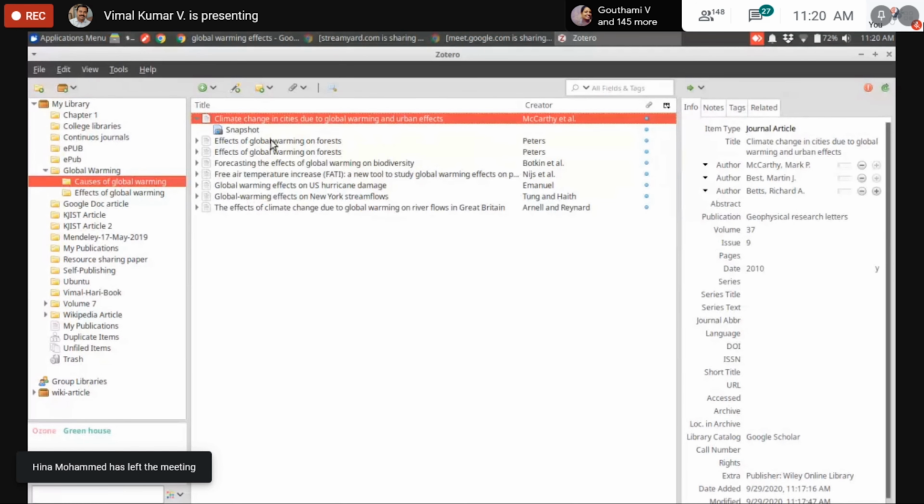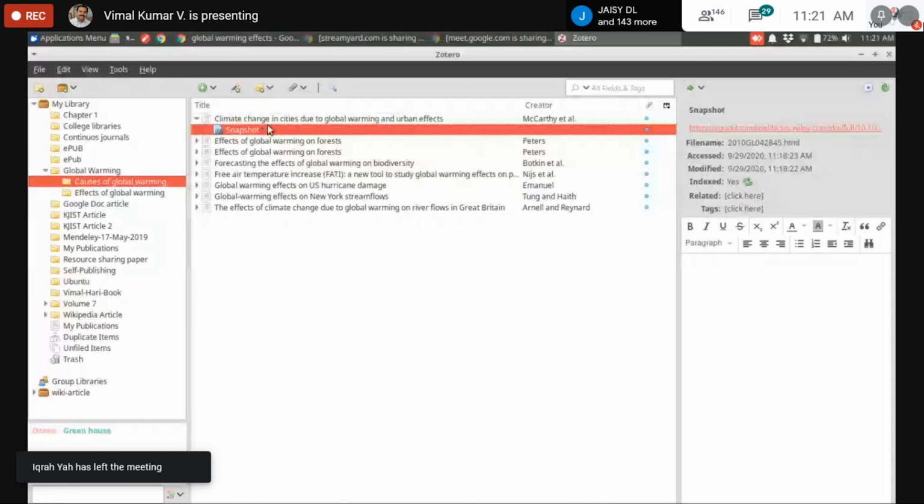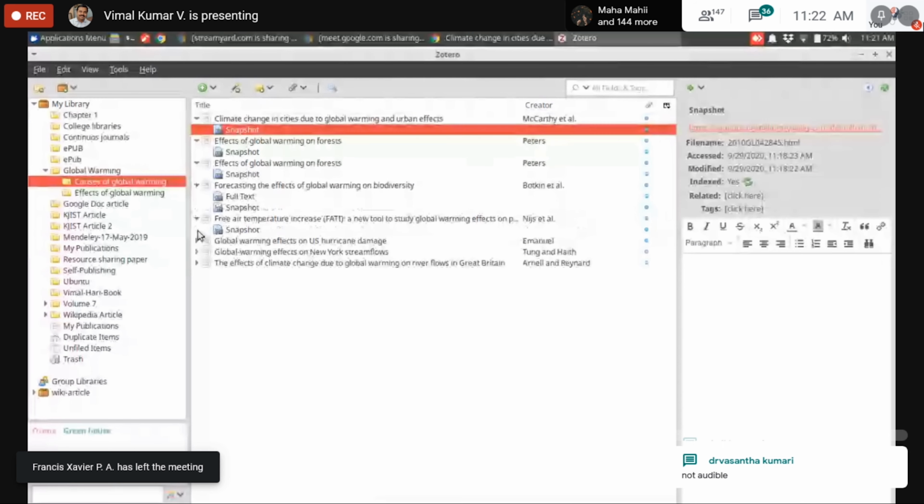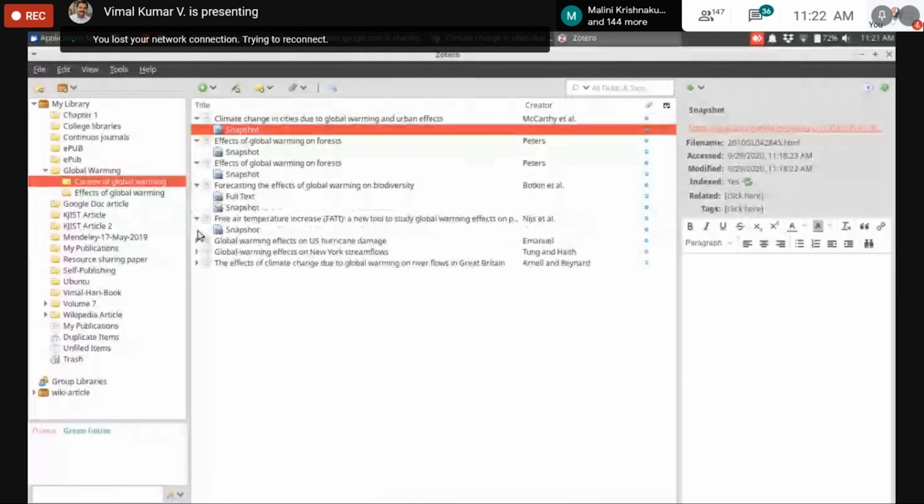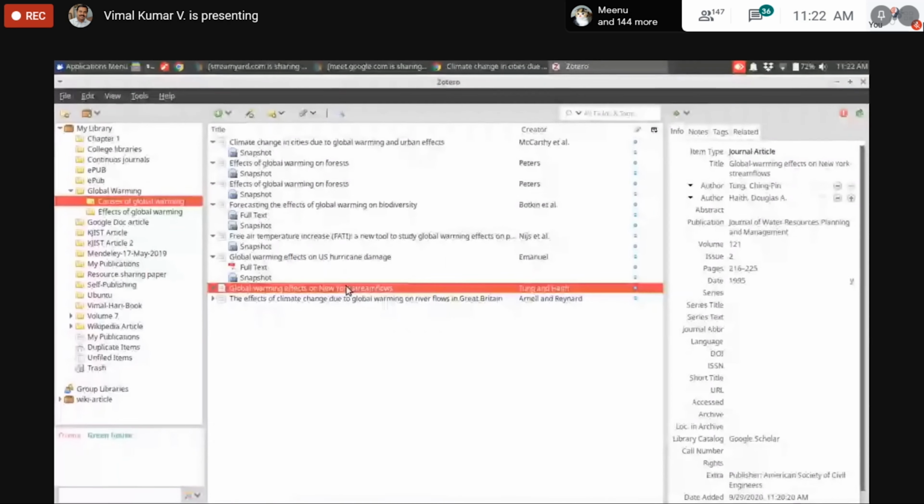If you click on each reference entry, on the left side, you can see the details of the articles, like title, author, which journal, date of publication, these things. You can also see a snapshot. Snapshot means an offline saved image of the web page. I will show you again how to add a reference from Science Direct of Elsevier.